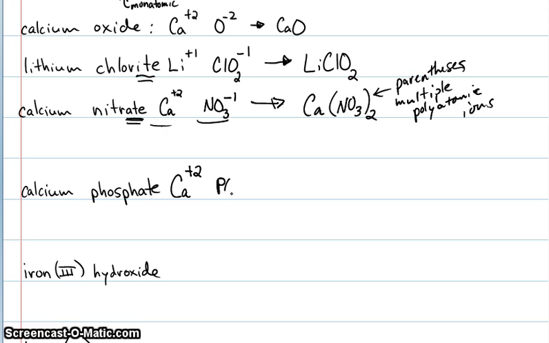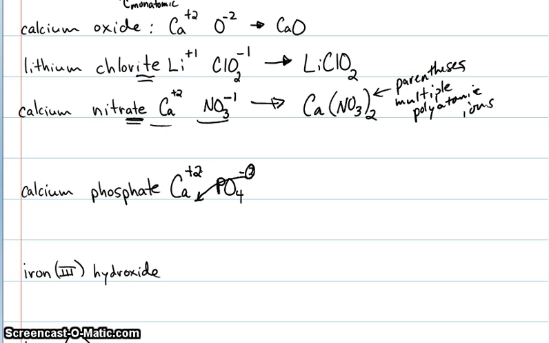Looked on my list. It's PO4 minus 3. Oh, this is very interesting. What do I do with a 2 and a 3? This is a least common multiple kind of deal where you need to add up all your charges, but I'll show you a shortcut. A shortcut for 2 and 3 that saves you some time is just take the 3